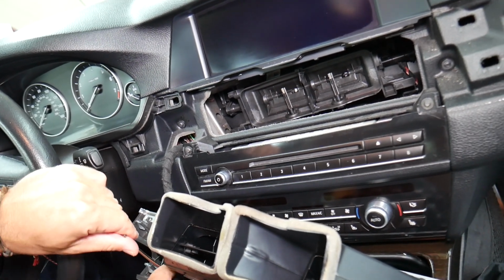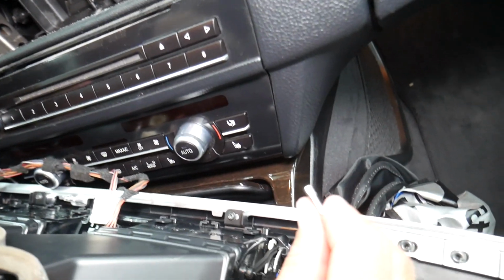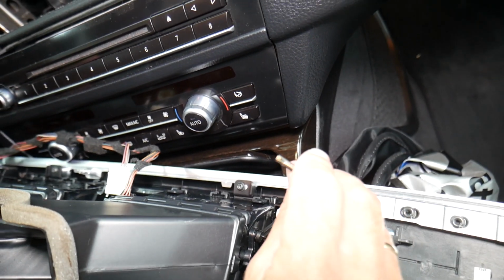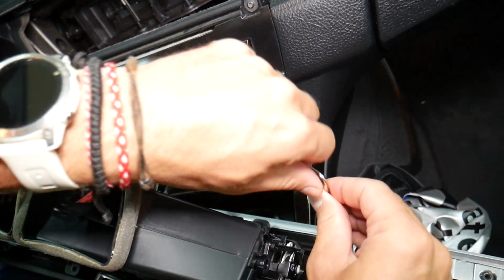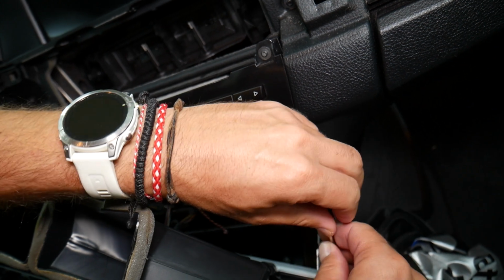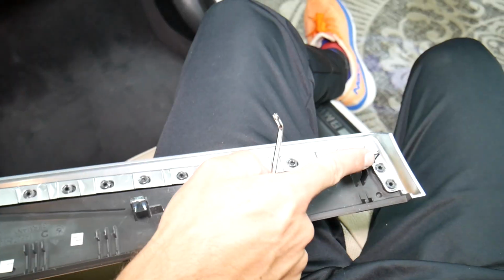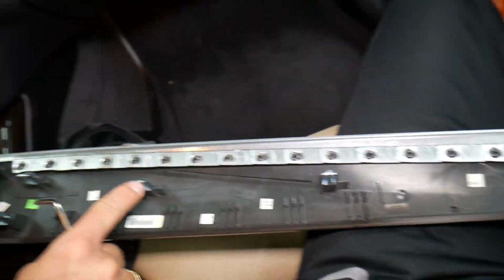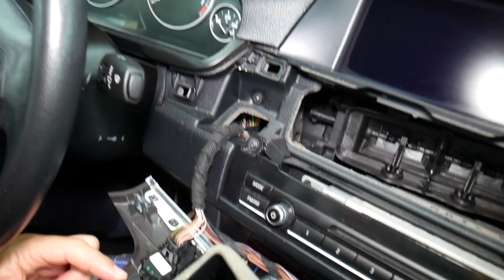Okay, this is the fourth one. Now on the back side we have 1, 2, 3, 4 more, 5 more, 5 guys. Yeah, that's on the lower side. Now we'll show you in a little bit. Let us show you quick where all the clips are for that piece. Okay, 1 here, 2, 3, 4, 5, and then you come on this side, and here you have 6, 7